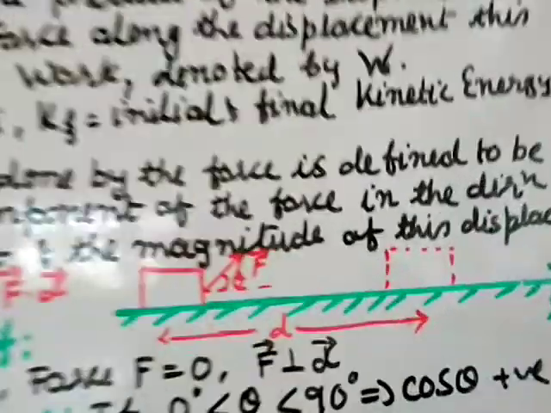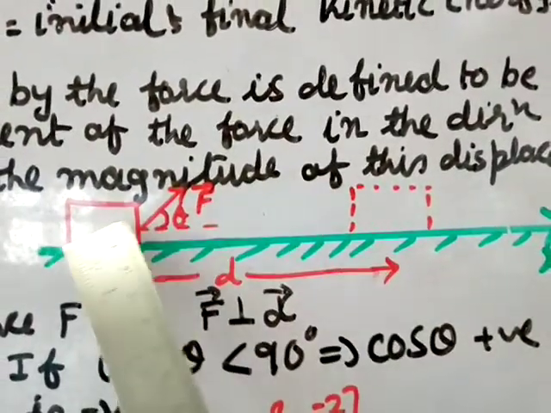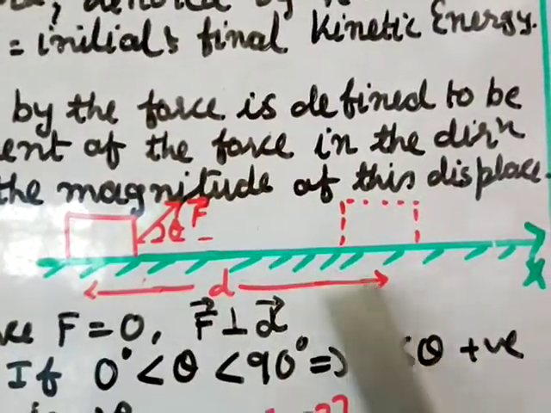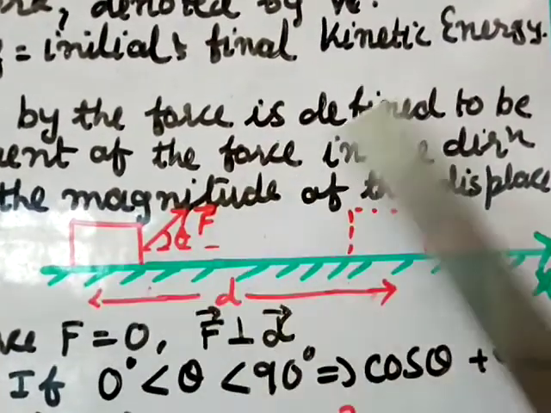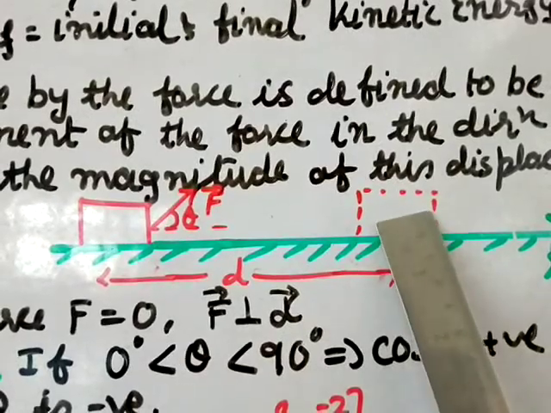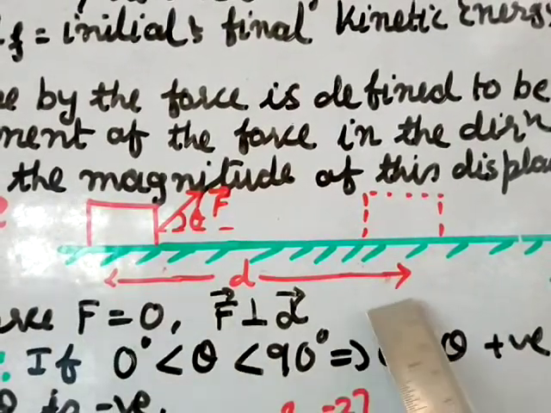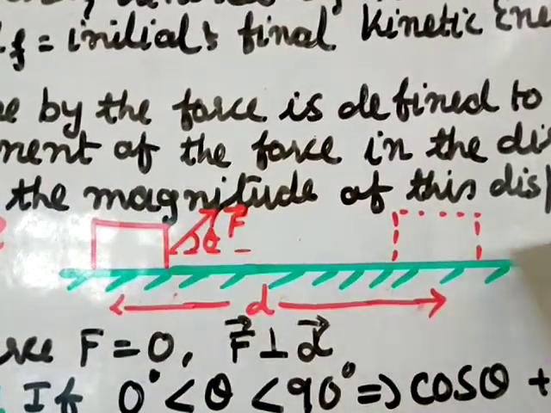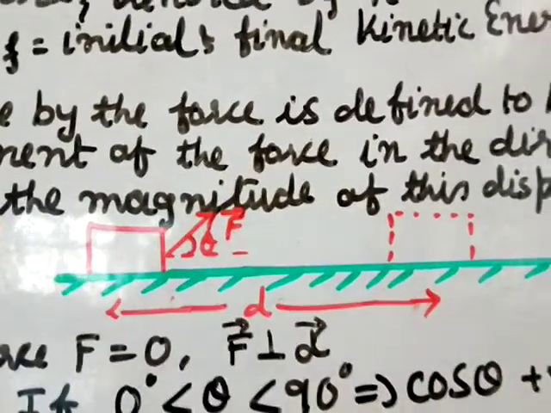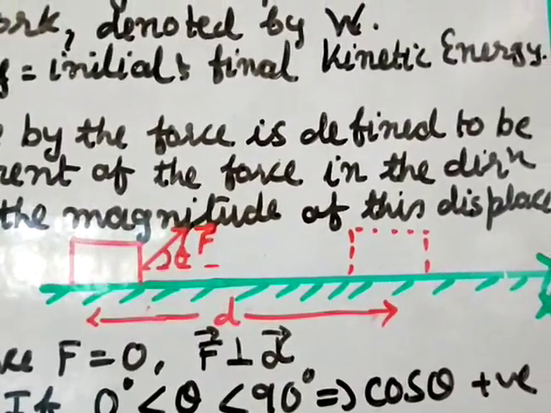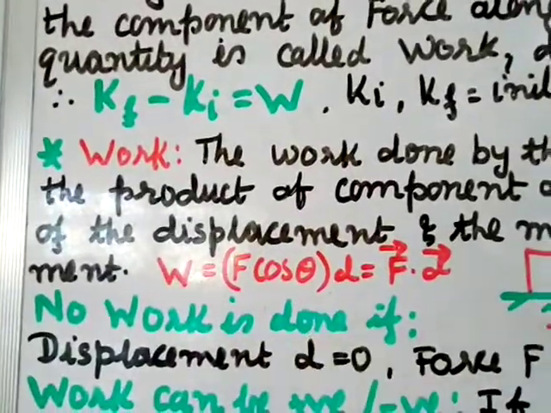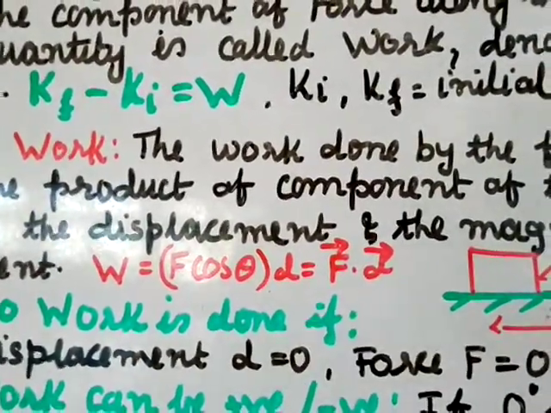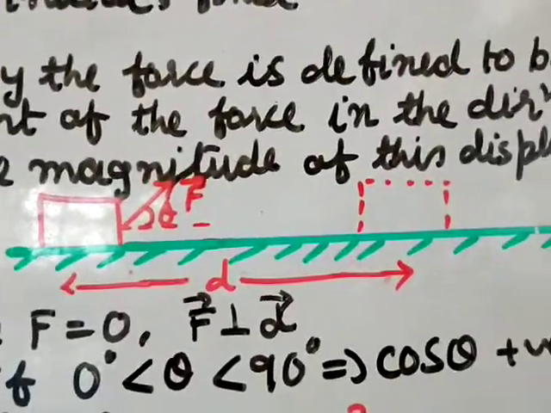Okay, you can see here there is a block. The force is applied here, and this is the displacement I have shown from the center point of this to here. After applying the force you are pulling it, the box is moving and reaching up to here. So this is the displacement. The angle between D, that is displacement, and the force is theta. So the work done is defined as F cos theta D, equal to vector F dot vector D, or you can simply say the dot product of force and displacement, as shown here in the figure.